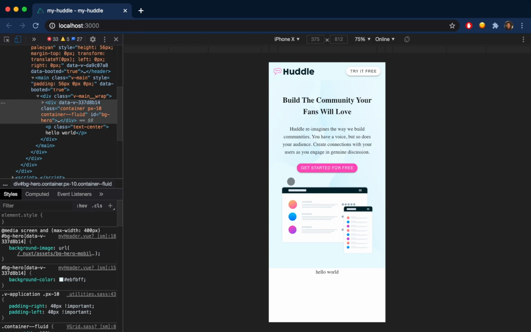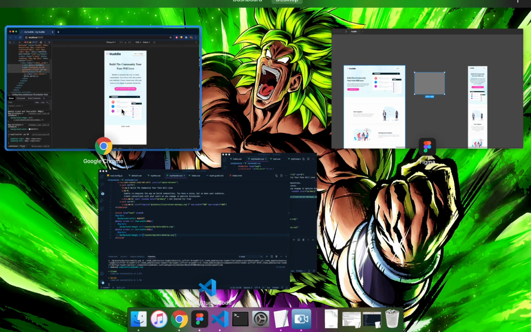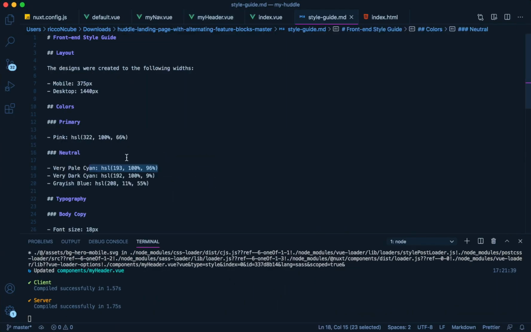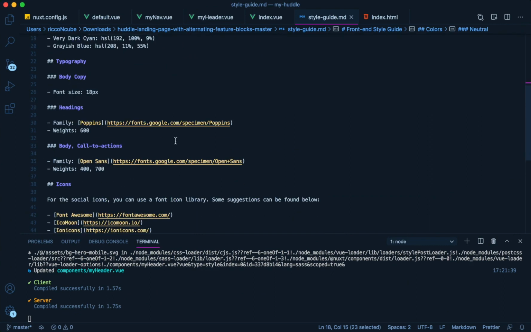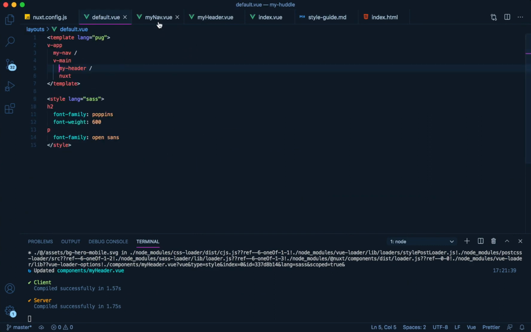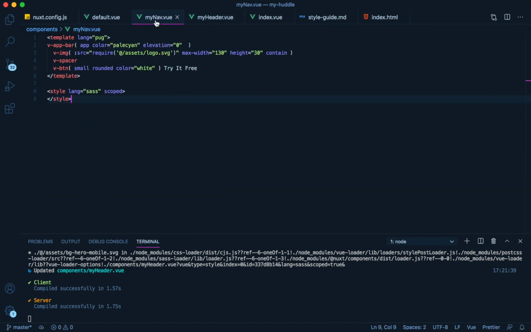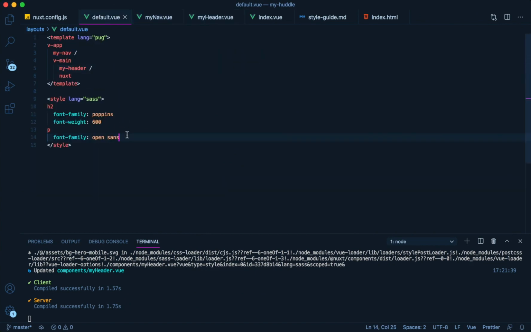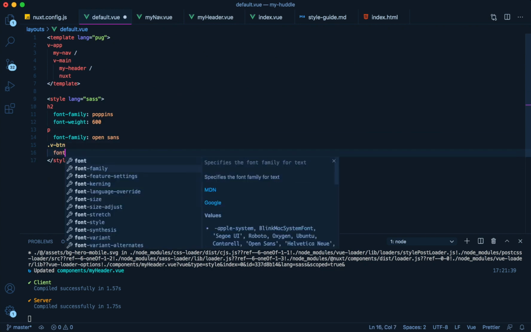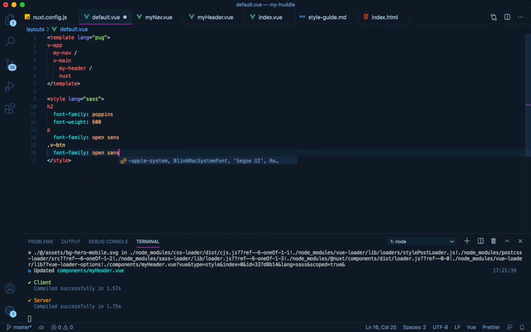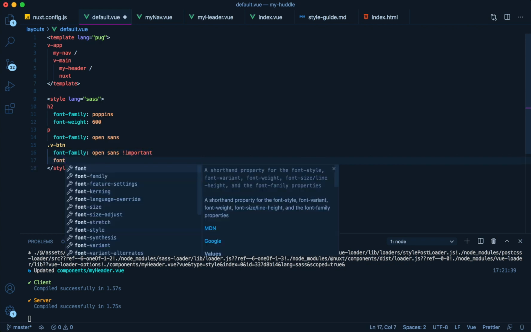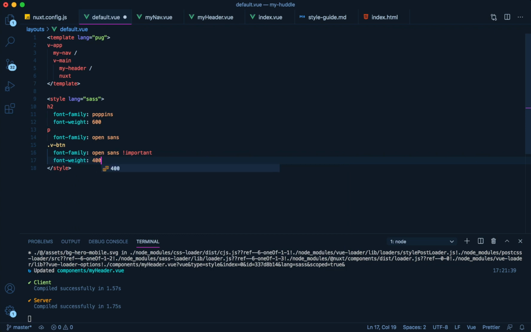I suppose the last little thing to do is these buttons just look a bit off, so we'll look at the style guide here. And they should be Open Sans with a size of 400 or 700. So I'll just do this in the default view because there's buttons all over. So we just say all the v-button classes will have a font family Open Sans, a font weight of 400,